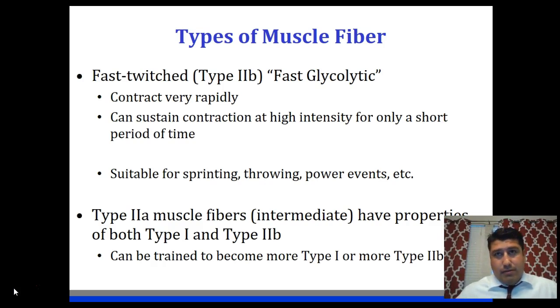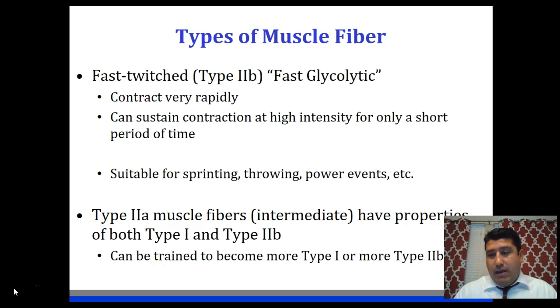those are the ones that are more capable of becoming world-class sprinters. I mean, world-class sprinters have almost 100% type 2B muscle fiber. And there's nothing you can do about that. You take one person who has a high percentage of type 2B muscle fiber, and you take a second person who has a low percentage of type 2B muscle fiber, and you put them through the same training regimen for years, and they're doing the exact same thing.